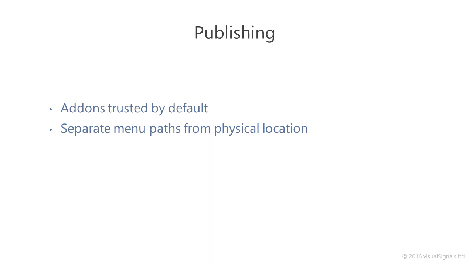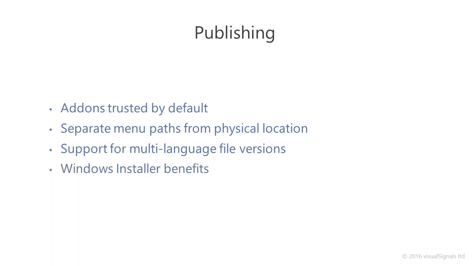Aside from being able to cache content file locations, publishing offers a number of other benefits. It allows add-ons to be trusted by default. It lets you choose where the files are located, but doesn't force you to use that location in the UI, which is not the case for path discovery. It provides support for multi-language file versions, both specific and fallback, and using the MSI route, you benefit from Windows